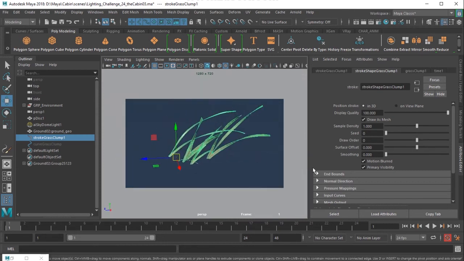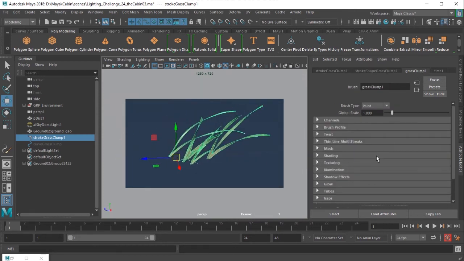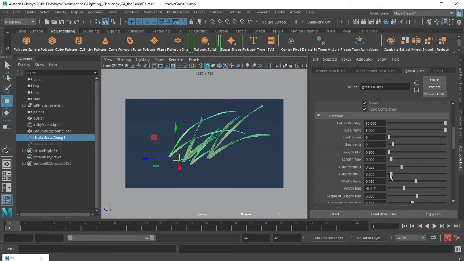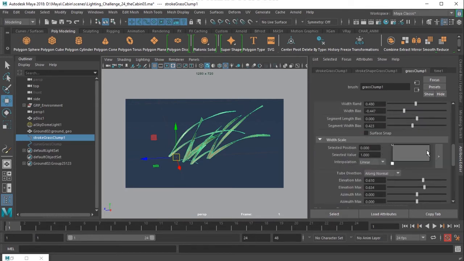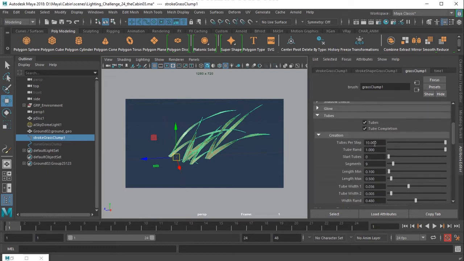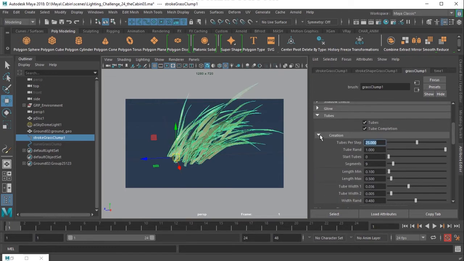So I'll go to the tubes, creation. We have the width scale, which I can control. And we can also increase the tube width. And I can add number of grass petals there, like that. So once I've got the strands there,